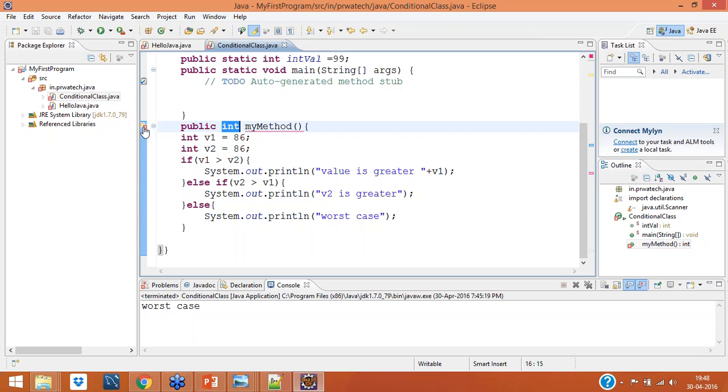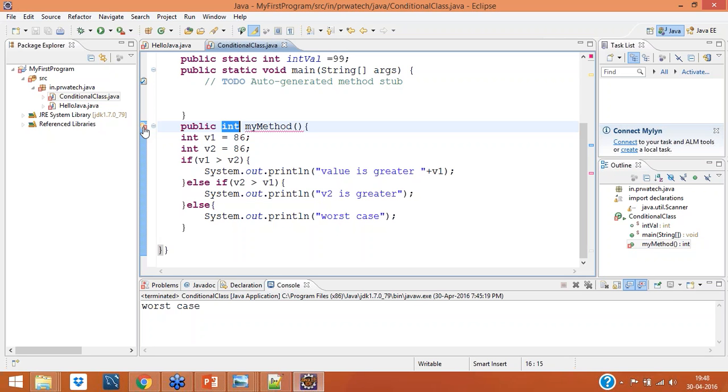So here we'll add the return statement. If you want to know more about keywords, or if you need more information, let me know, I'll provide it. So I'm always going to return v2. So this is v2.